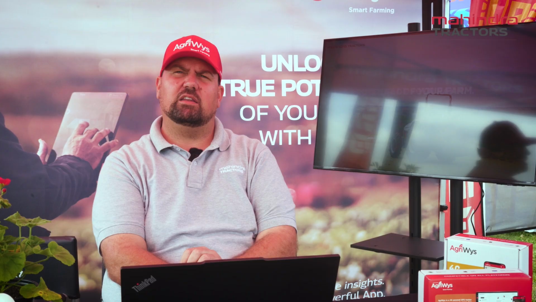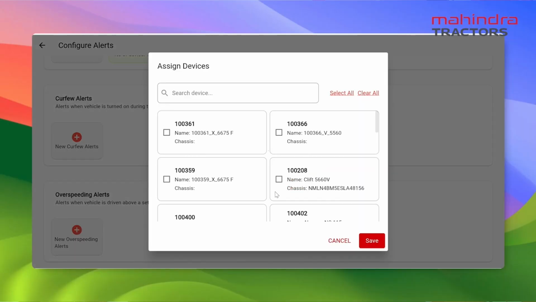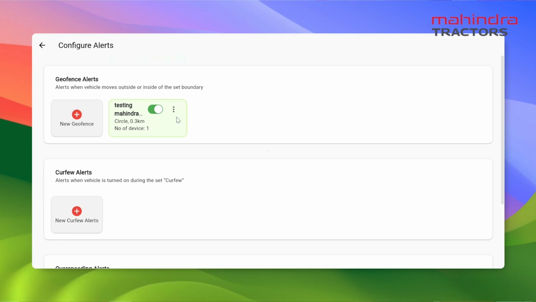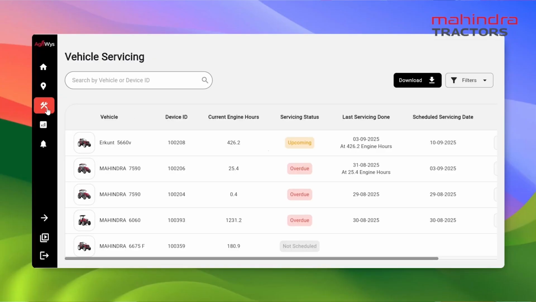And you can then go to the next one, where it will show you how to set your speed for that specific tractor, specific unit, or maybe you have a sprayer connected to this. You can say you don't want the guy to overspeed. You can actually see what speed he was running for that whole process.